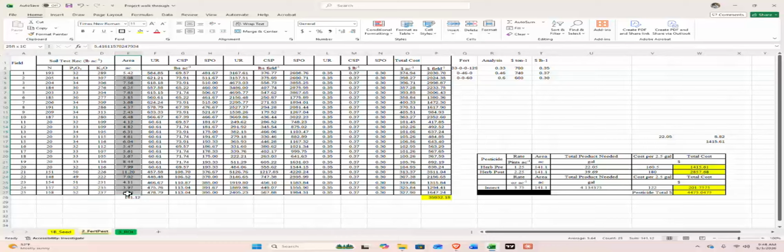All right, and so we're going to come back over here. We'll copy this. Paste. And this is acres. I'm just going to put that there. All right. We need to know at least how much yield per acre. So this equals